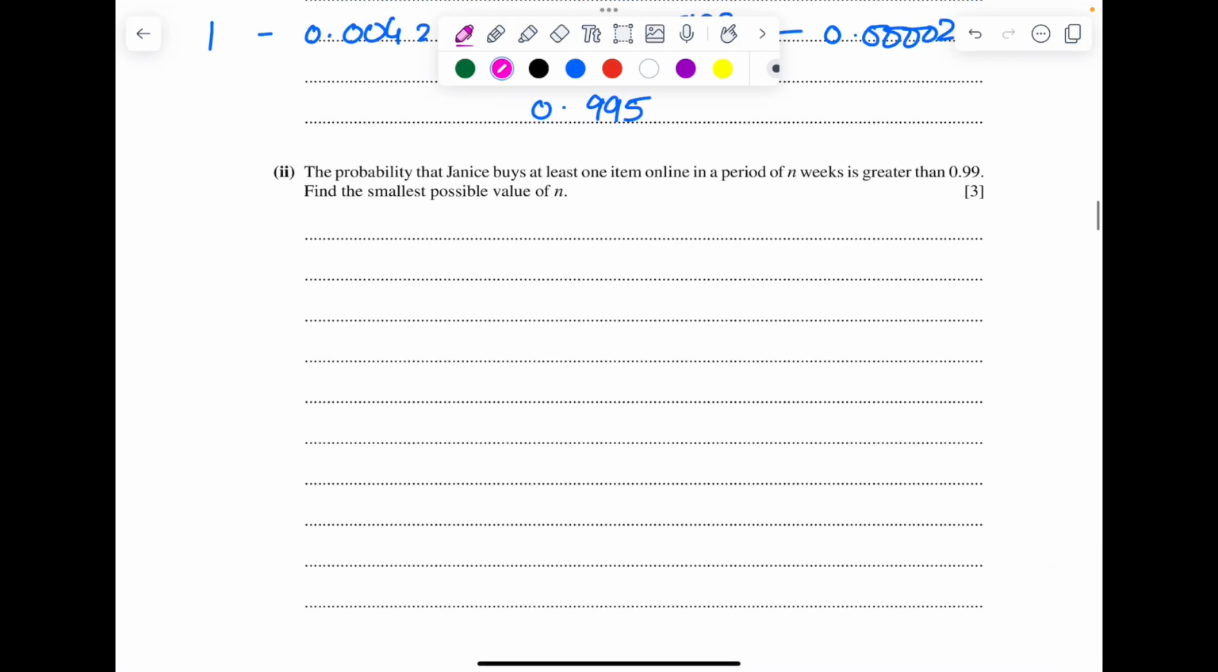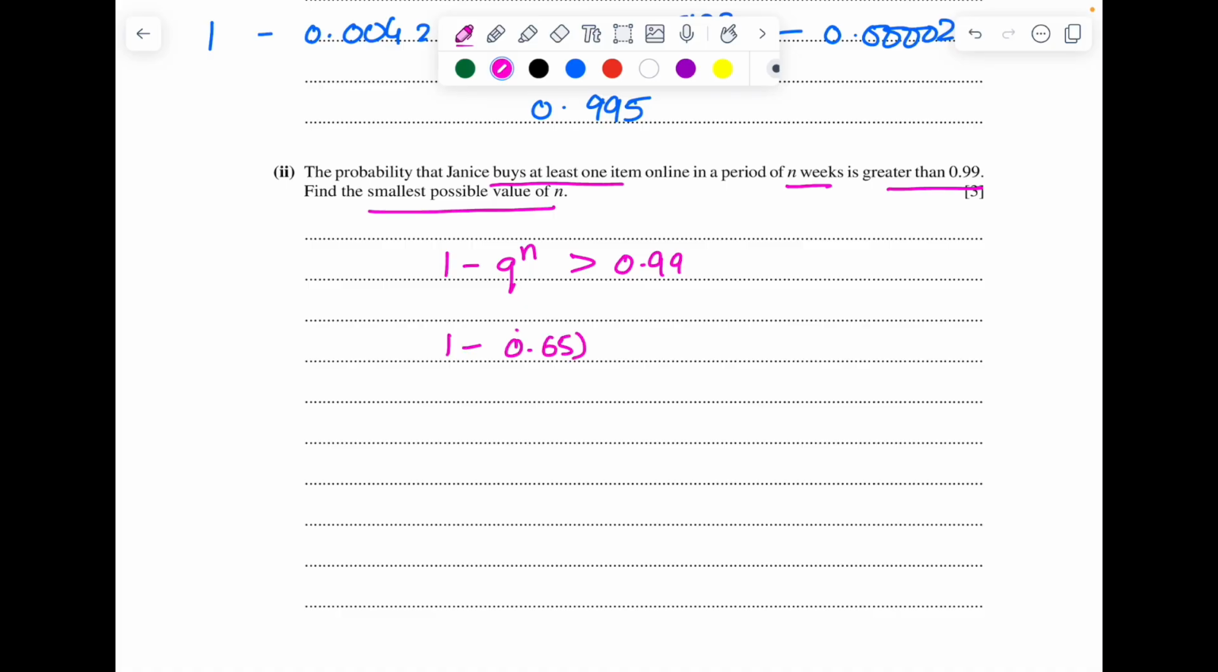Next one: find the probability that Janice buys at least one item online in a period of n weeks is greater than 0.99. Find the smallest possible value of n. So this is 1 minus q to the power of n is greater than 0.99. So 1 minus 0.65 to the power of n is greater than 0.99. So 1 minus 0.99 is greater than 0.65 to the power of n. So 0.65 to the power of n is less than